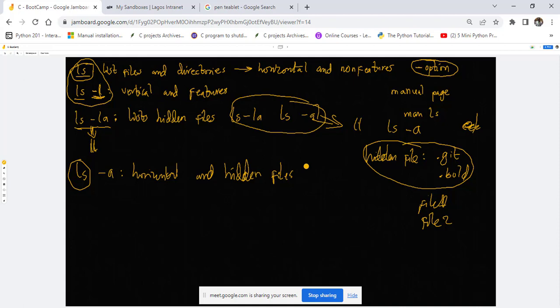Okay, now there's also a command called more. The more command is used to view text files. The whole point about this more command is that it's just a way of viewing a large file that has contents. What I mean by that is, for example, if I create a file, let me say the name of my file is text.txt,